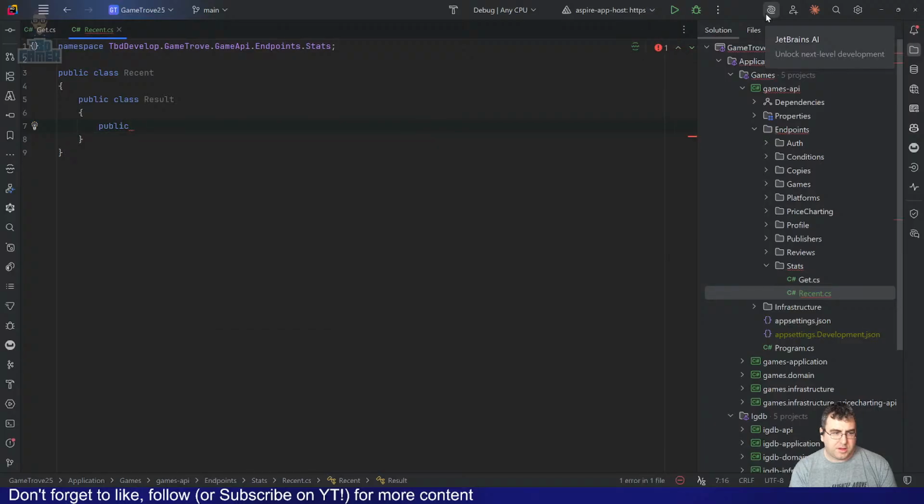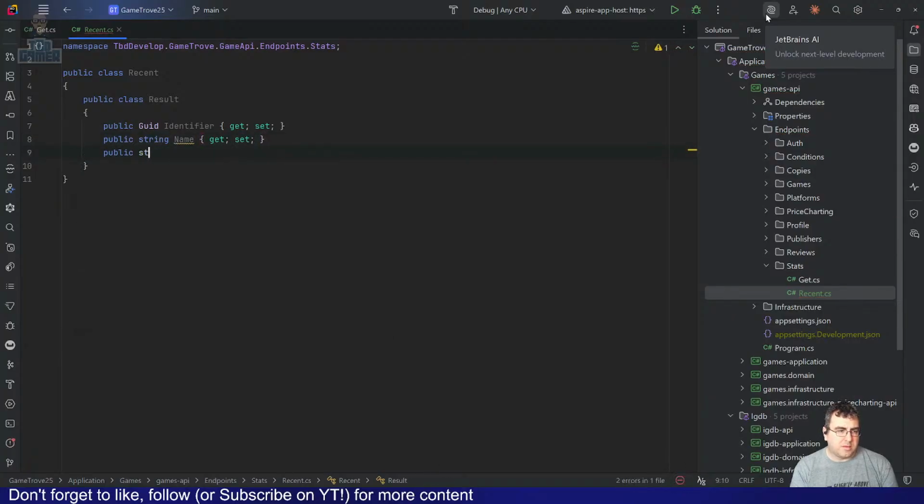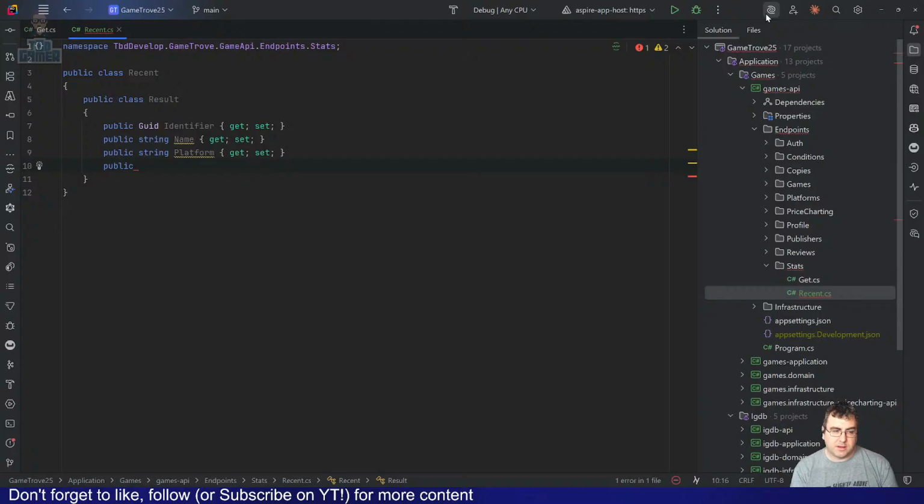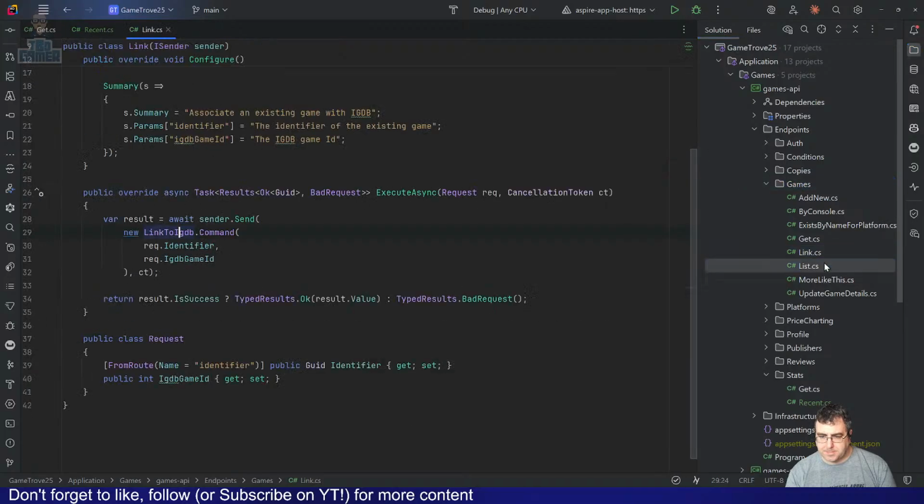So public GUID identifier, public string name, string platform, public list.